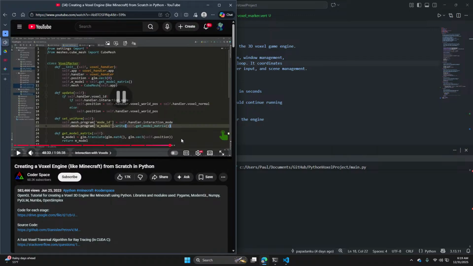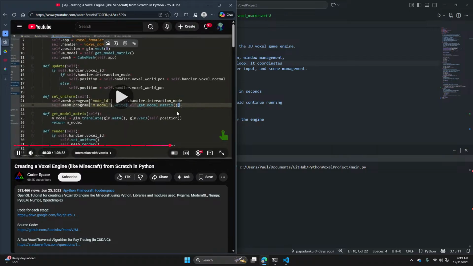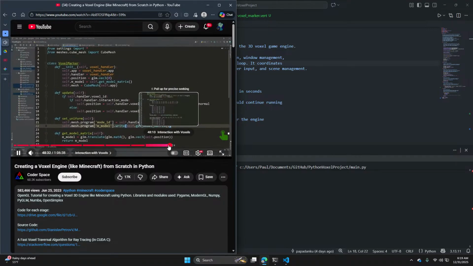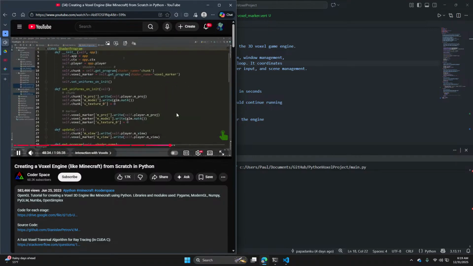In the shader program class, we load the vertex and fragment shaders, and set the same uniforms as for the chunk.